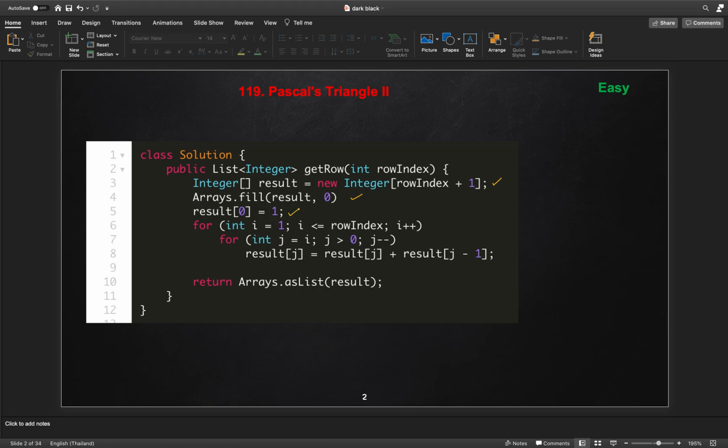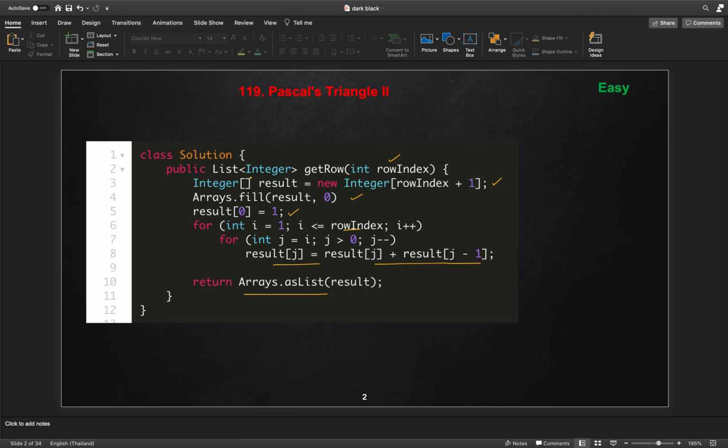Then we initialize result 0 with 1, then we iterate row from 1 to row index, and j goes from i down to greater than or equal to 0, and row of j is written as row of j plus row of j minus 1. Once we have created all the rows, the result will have our final row, and we will return it as a list, because we need to return a list of integers.